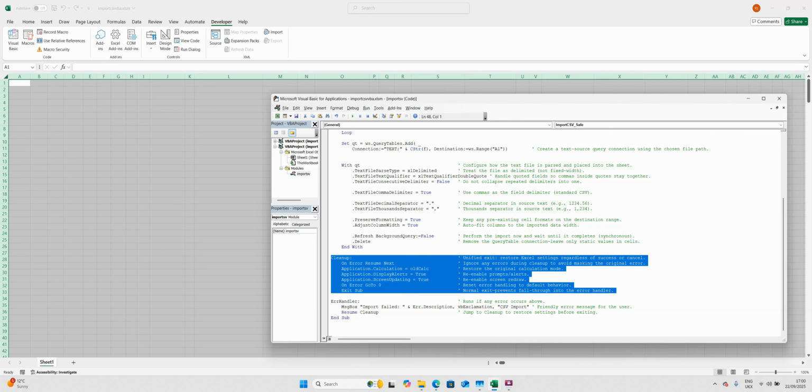So to recap, you now have a safe, reusable CSV import button. Pick a file, parse it with the right delimiter, auto-fit columns, and end with static data. No lingering connections. It cancels cleanly and always resets Excel settings. Grab the code and sample workbook in the description,